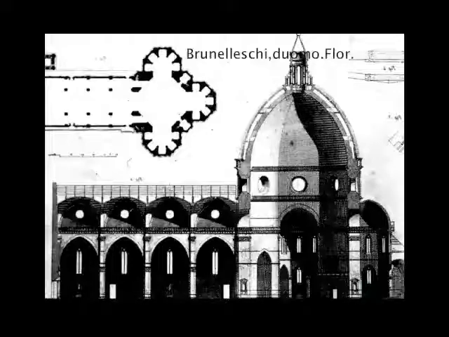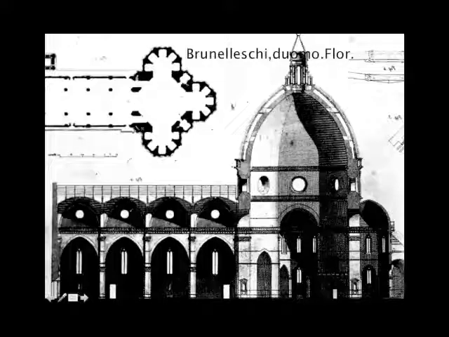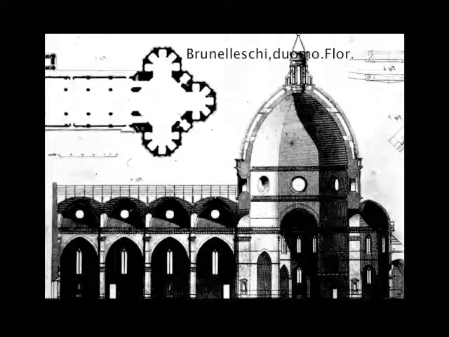But when it came time to solve the question of the dome, Brunelleschi found that he really couldn't use Roman precedents, because the challenge he had was a different challenge than one that could be solved using Roman technology. He was left this octagonal crossing, a big hole in the middle of the Florence Cathedral. No dome could be put on it because Arnolfo di Cambio died and nobody knew how to do it.